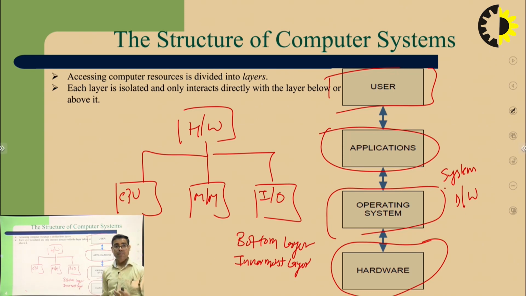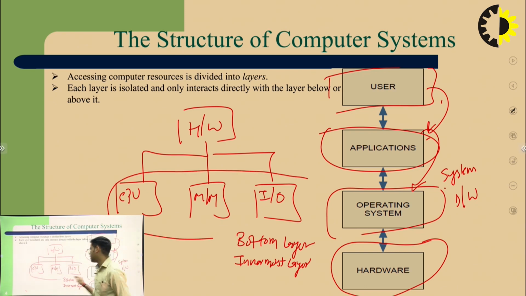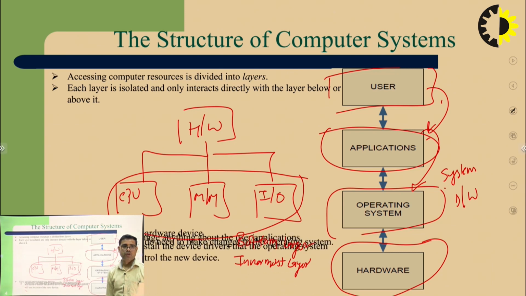We have limited resources, so the operating system acts as a resource manager, right? As you can see here, this is the application that runs on the operating system. The user can directly interact with these applications, but the user cannot directly interact with the hardware. Through the operating system, we can interact with the hardware: CPU, memory, and input output.